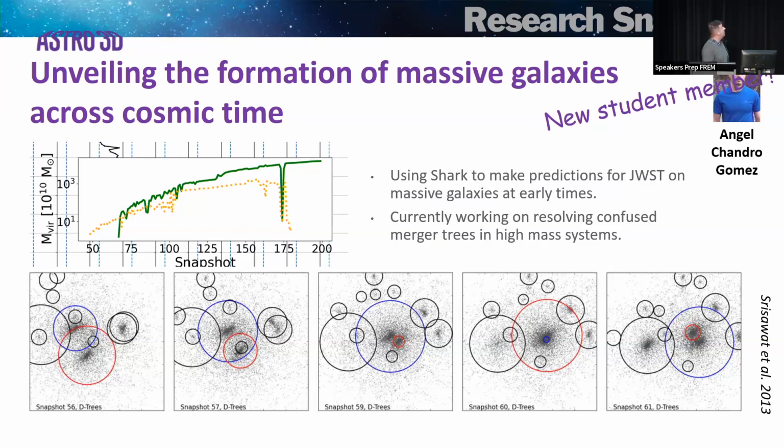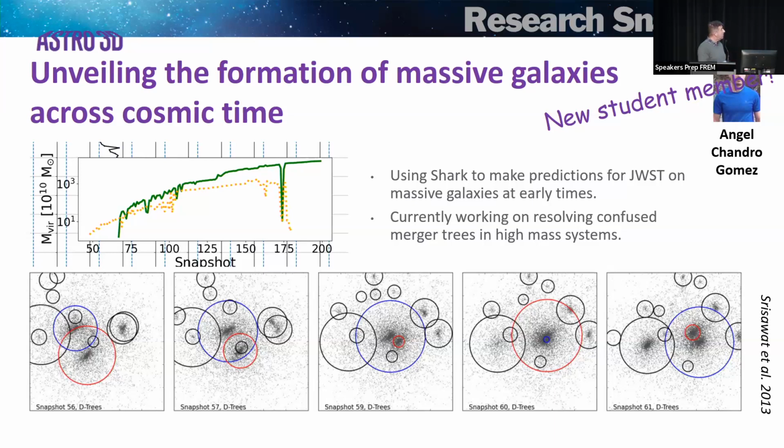And if you look up in the top, from your perspective, the top left-hand corner, there's a plot there showing the growth of a halo across snapshots, but that's basically tracking redshift. So you can see the halo mass growth over time. And you'll notice that at relatively late times, big masses, there's a big dip occurring there. And this is a problem that we find, and it's a fairly generic problem within the merger trees, that you get so-called halo swapping. And it arises because of the way we do the merger trees. We're trying to track bound material across cosmic time, but that's not always the best way to do it.